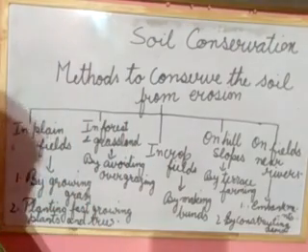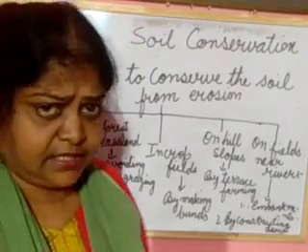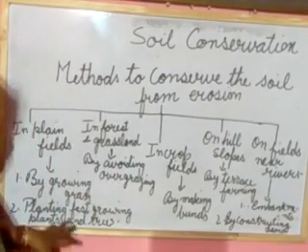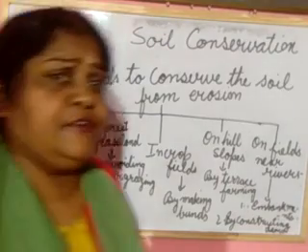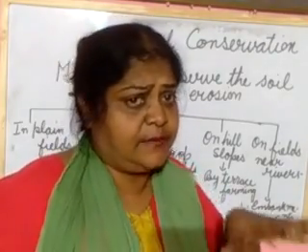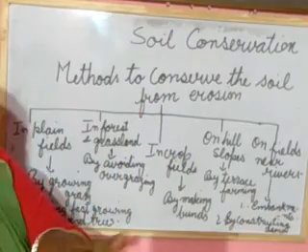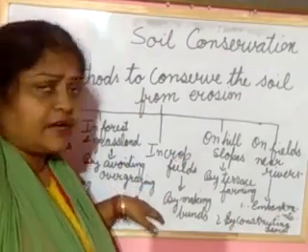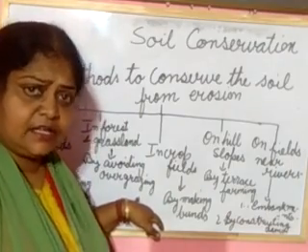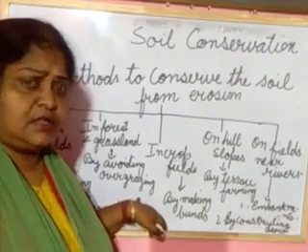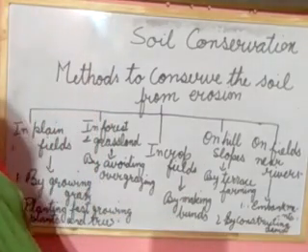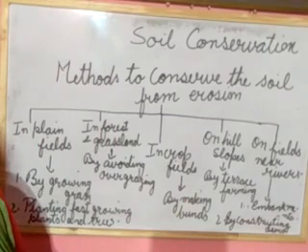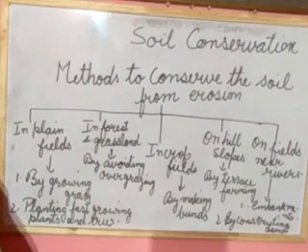By growing grass, it will hold the soil tightly and protect the soil. By afforestation, that is planting or growing more trees, the topsoil will be held by their roots and saved from erosion. Next, avoid overgrazing to conserve the soil. In the crop field, we have to make bunds, so that a large area is divided into smaller areas with boundaries.